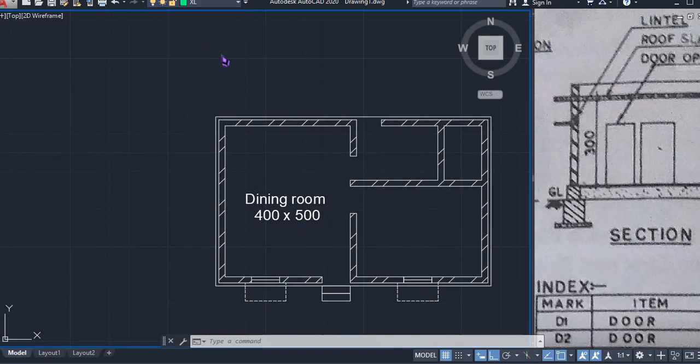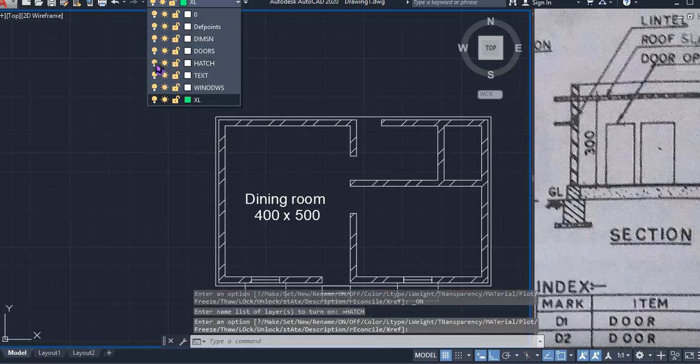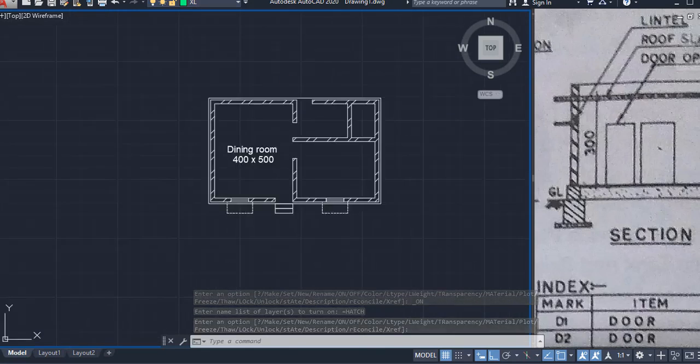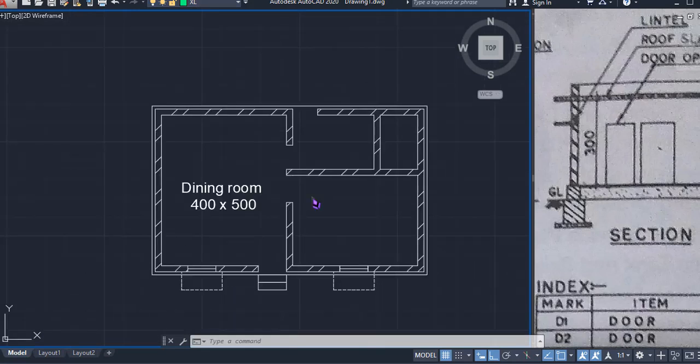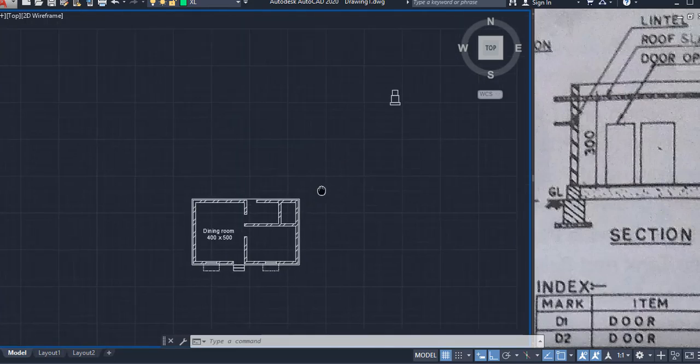I'm not really interested in that. Okay, draw every object with its properties in each layer. So if you don't want to see the dimension or text here, I can turn off the layer, which will increase the visibility of the drawing. So it's a better philosophy to draw each and every object in corresponding layers. Alright, finally, I can change the colors and everything. I'm not really getting into the minor details. Finally,